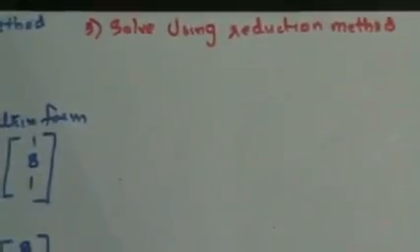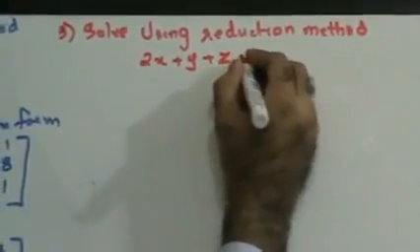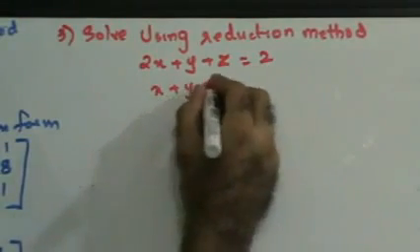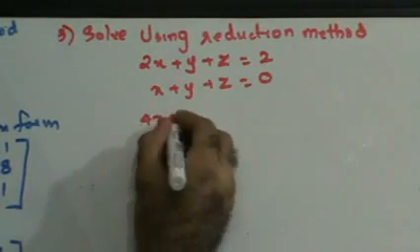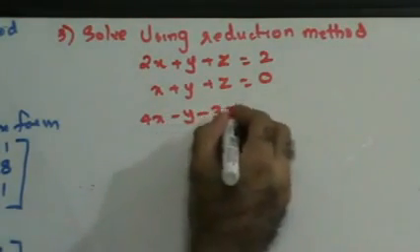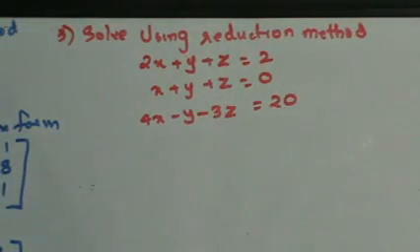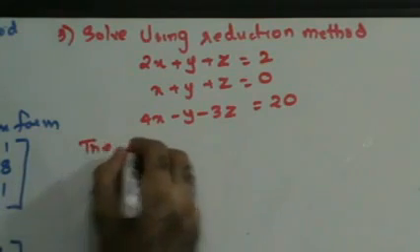Reduction method. 2x plus y plus z is equal to 2. x plus y plus z is 0. 4x minus y minus 3z is 20. They've asked you to solve it by reduction method. Whether reduction method or matrix method, you start the sum in the same manner. So you will say that the above equation